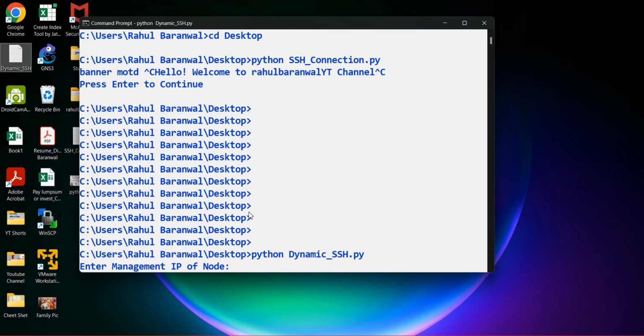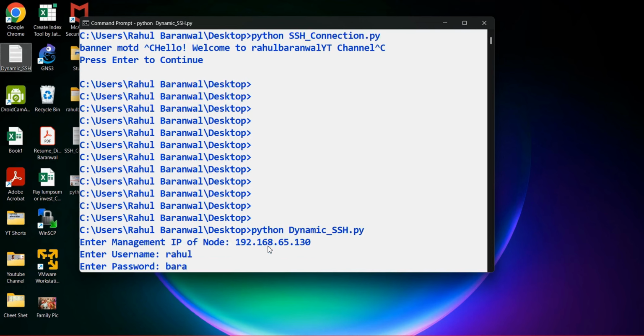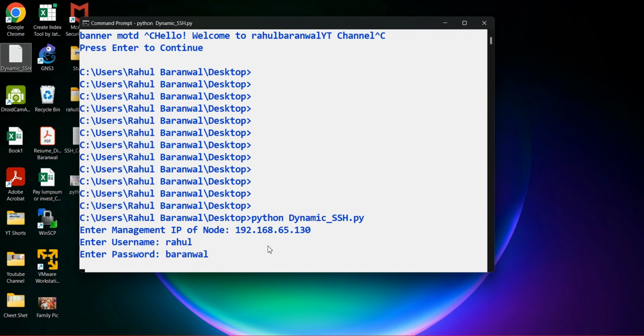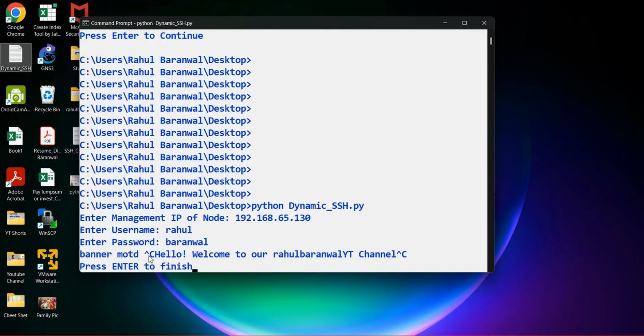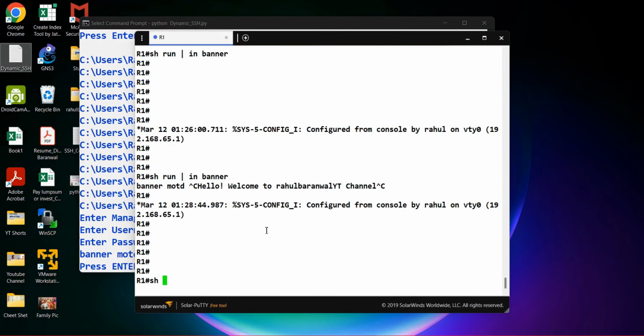So we can see here it's asking me to put the management IP. So we can enter here 192.168.65.130. Now it's asking me to put the username and then the password. Now here we'll be able to see that our banner has been changed, right? From welcome to Rahul Baranwal YouTube to welcome to our Rahul Baranwal YouTube channel. And in our console, we can see,